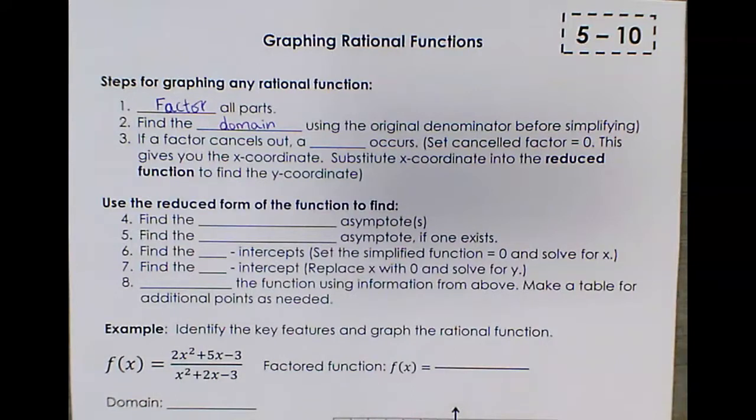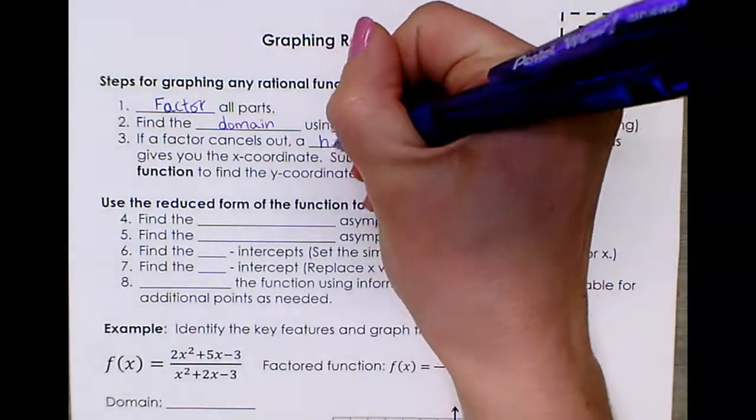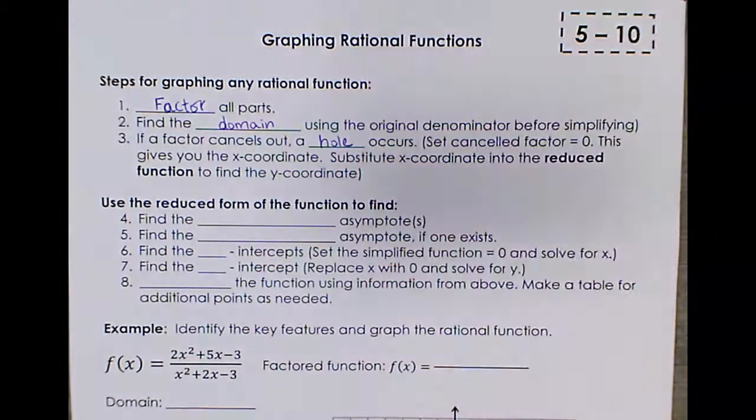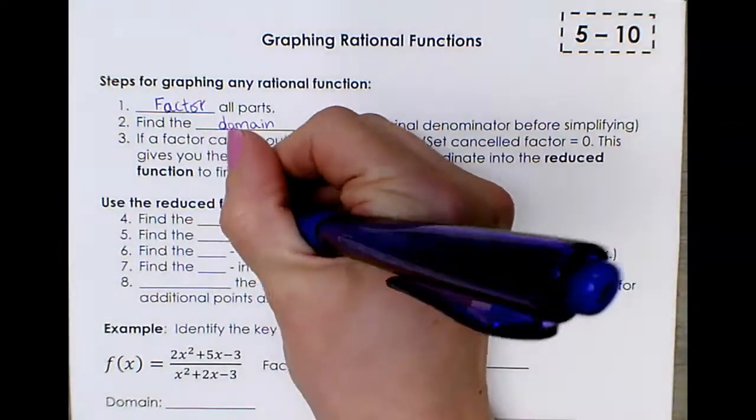The reason is, if you're simplifying, you might have some common factors that cancel out. And if a factor cancels out, then a hole occurs. In order to figure out where the hole is, you set the canceled factor equal to 0. That gives you an x value. And then you can substitute that back into the reduced function to get the y value. So you get the ordered pair for the hole. You use the reduced form of the function, reduced form meaning after you cancel out any common factors, to find all the pieces. So you find the vertical